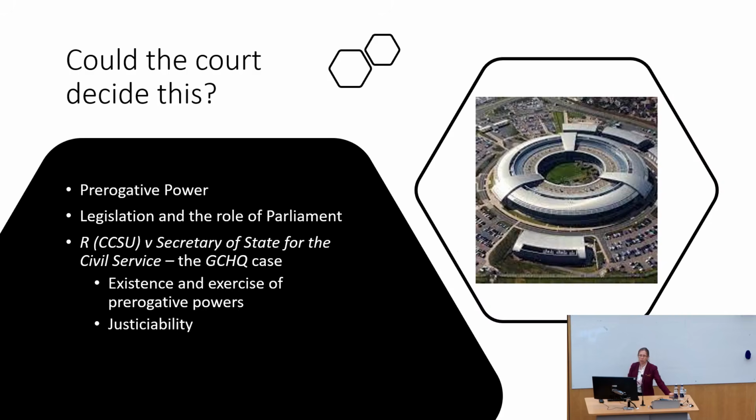But it's very unusual because normally when we're talking about powers of the Crown or powers of the government, we're talking about powers given to them by legislation. So the government can set rules on immigration because legislation has been enacted giving the government the power to set immigration rules and take decisions as to who they allow into the country and who they deport from the country. So Parliament has sat down democratically and decided what power it's going to give to the government. It's not the case for prerogative powers. Prerogative powers just evolved historically.